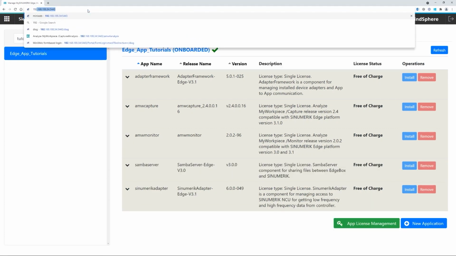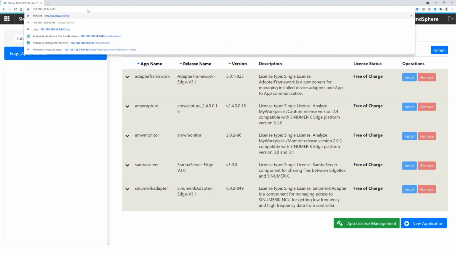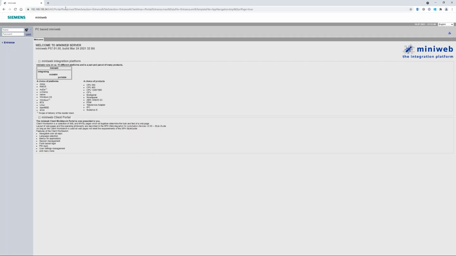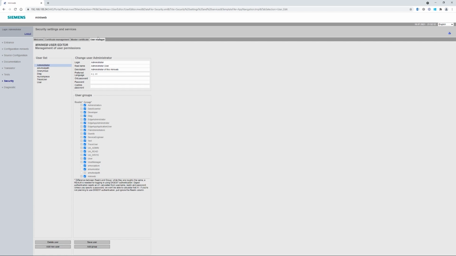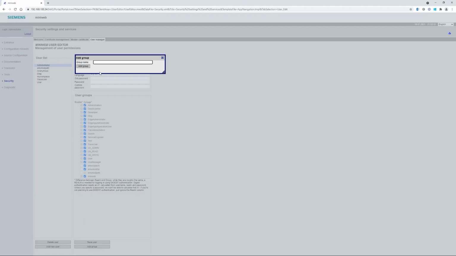So we now type in the IP address of our Numeric Edge device, including the port 5443, and then we come to the MiniWeb administration page. We type in the credentials that have been set up and log in. We go to the security section and then the user manager tab, and then we need to create a new group called AMW Monitor. Add this group,